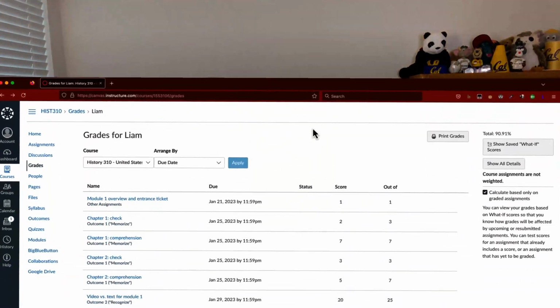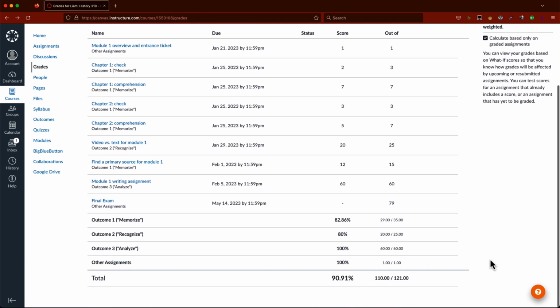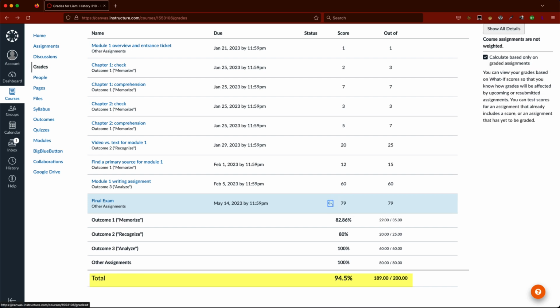For that, I need to find that student demo. Where is it? In addition to reordering the items on this page, students can enter a what-if grade for an individual item. For example, they could type a number to see the effect on their total score to help them plan for how hard they should study for that upcoming test.